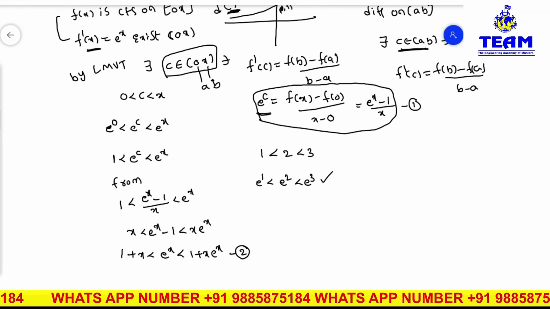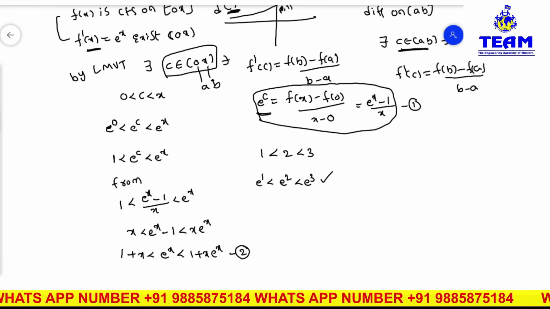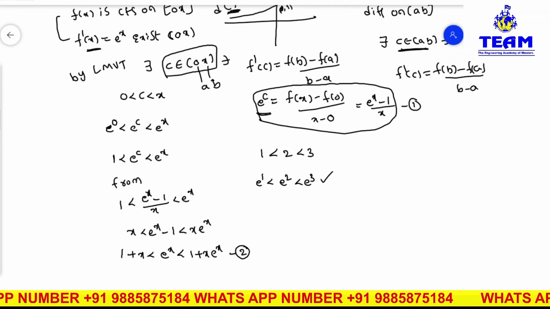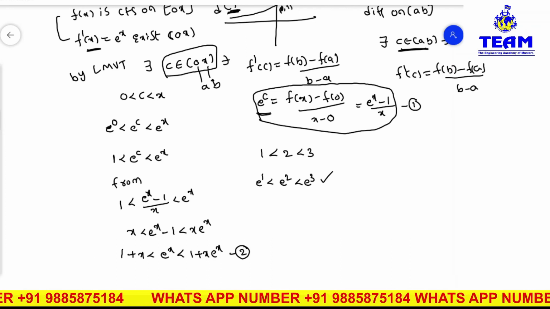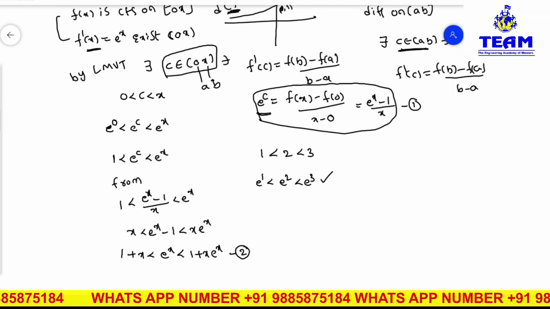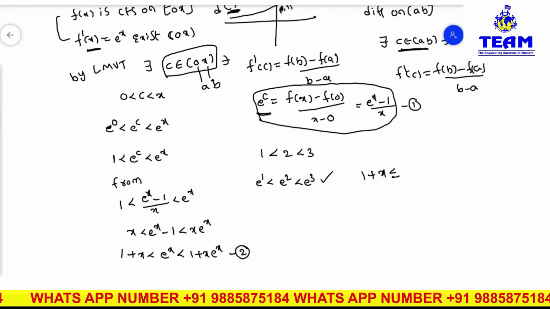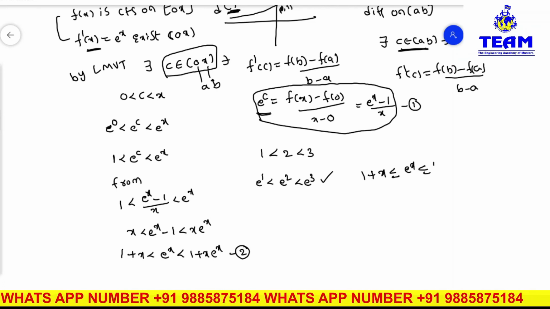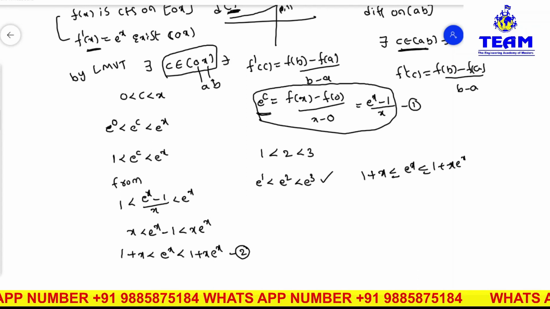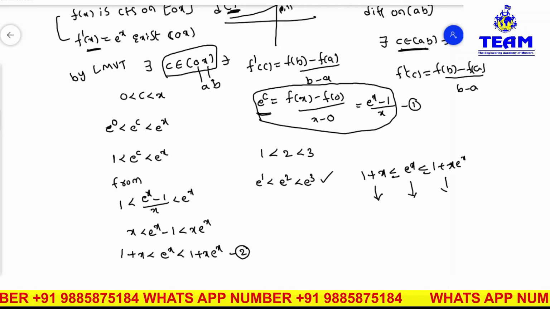Is it less than or equal to? No. Sir, can I write equal to here? Don't do it like that. Equal to we also have to prove. Equal to is nothing but at x equal to 0 we have to discuss. At x equal to 0, what will happen? Now, at x equal to 0, we have to verify this inequality. You have to prove 1 plus x less than or equal to e to the power of x less than or equal to 1 plus x e to the power of x. So equal to also we have to prove, which means first you find out this value at x equal to 0, later this one and this one also.